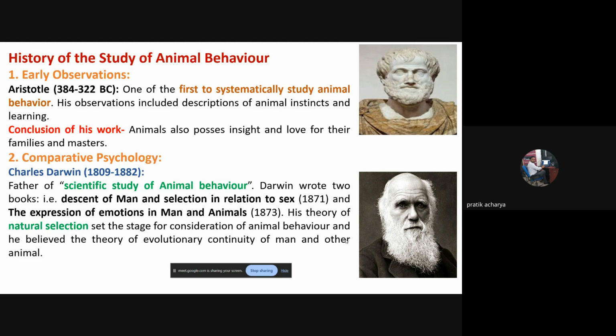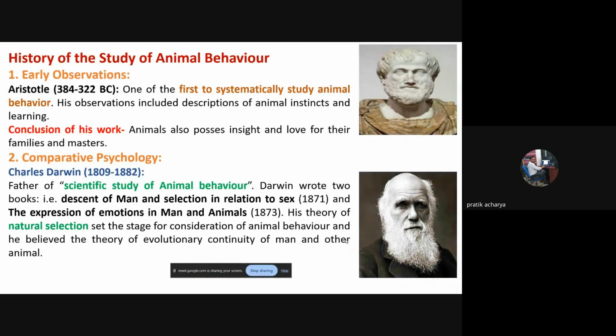So this is the early observation performed by Aristotle, in the time period of his birth and death, 384 to 322 BC. And during this time, he made this observation. And after that, the recent form of animal behavior study, which is called the scientific study of animal behavior,